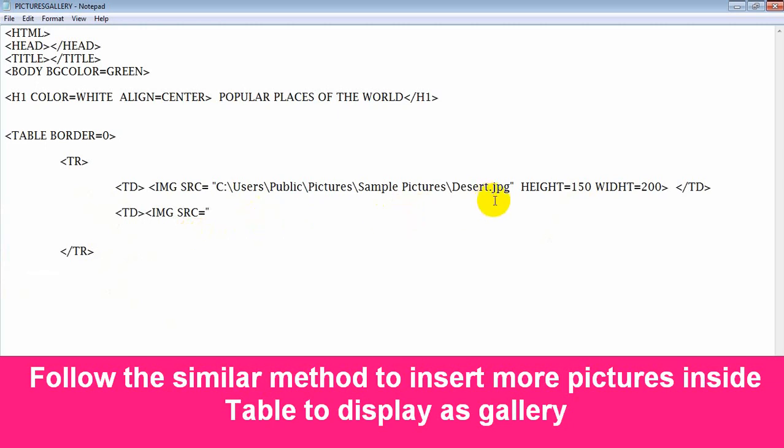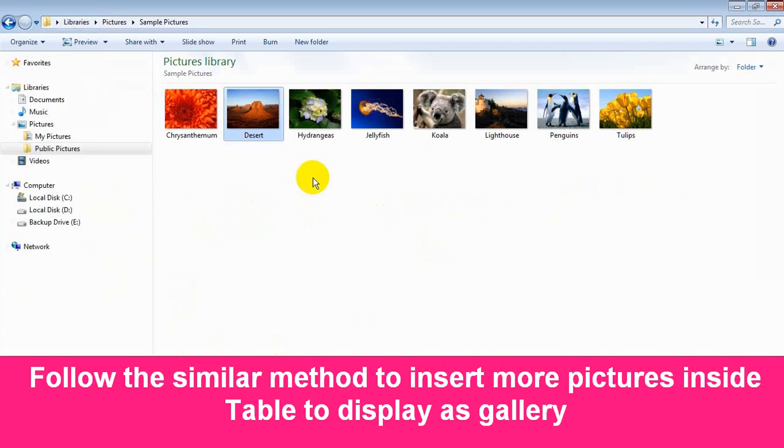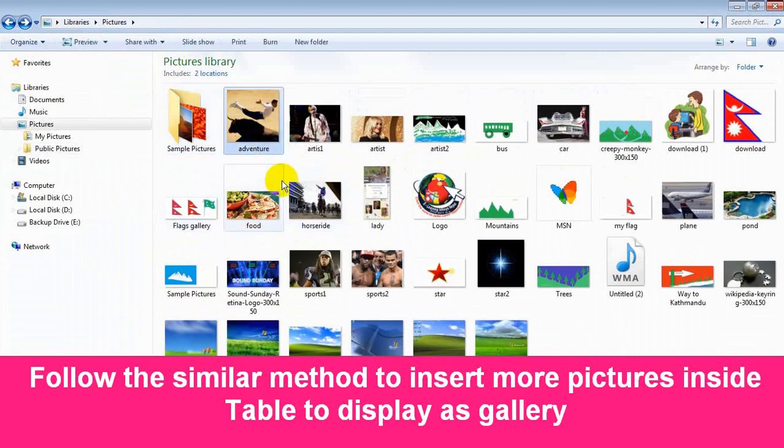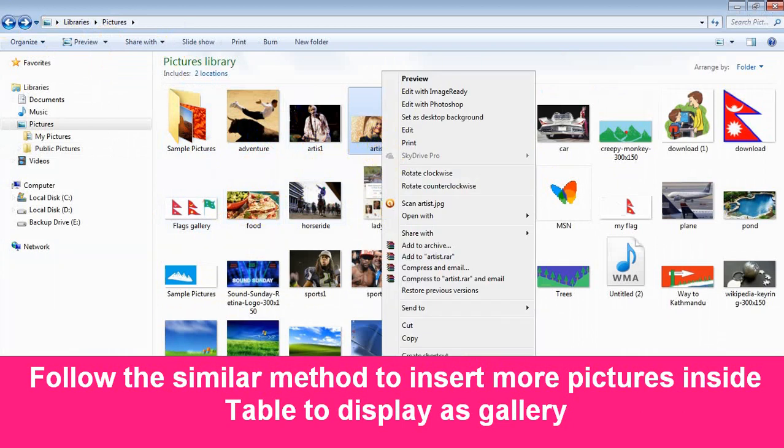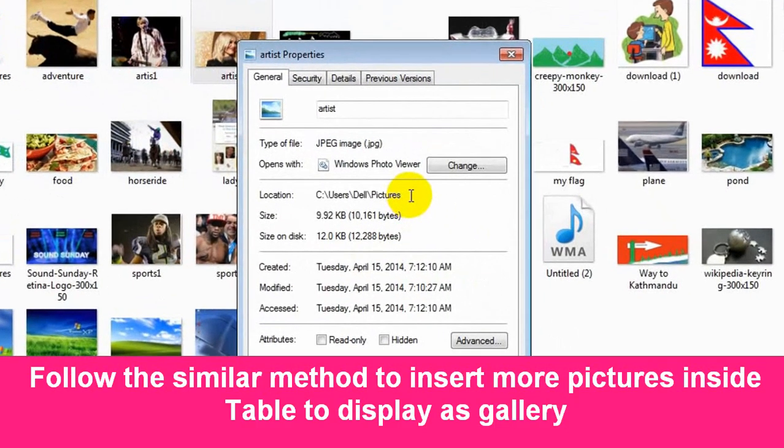Now specify the location. Now go to picture folder again where you have saved pictures. Suppose I want to insert these pictures. Artist. Okay. Now right click on this picture, click on properties, press your left mouse button and drag to highlight.